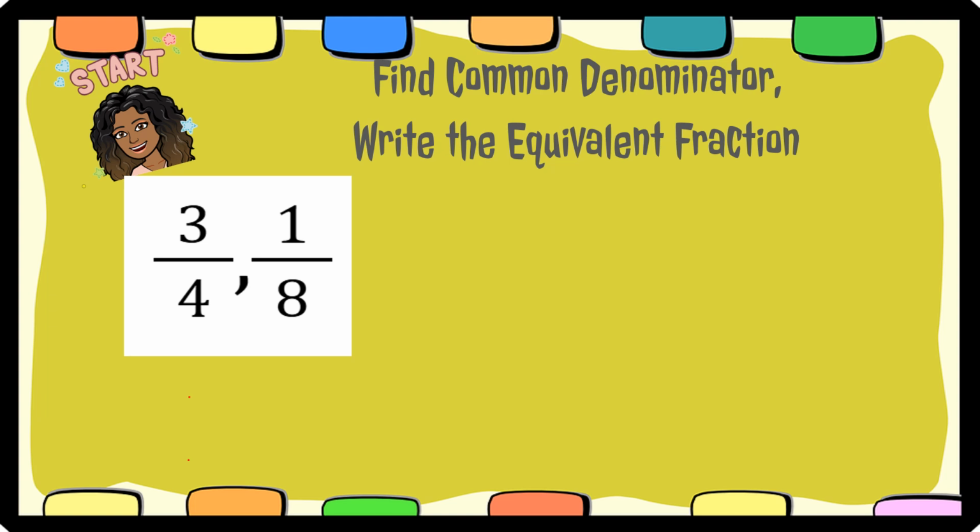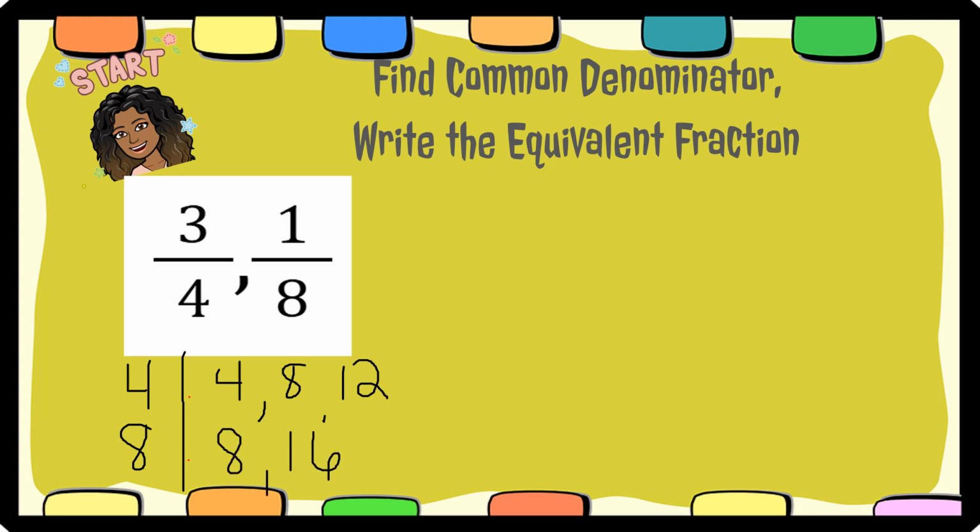The first thing we're going to do is write out our multiples of 4 and 8. My multiples of 4 are 4, 8, and 12. My multiples of 8 are 8 and 16. Now, I like to write out at least 3 to 4 multiples of each number. And so as we can tell, our common denominator is